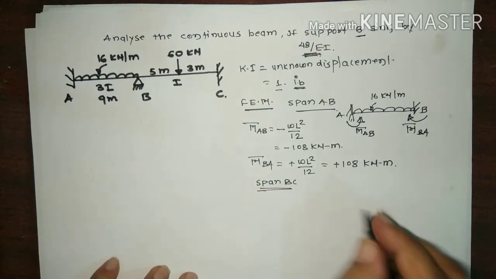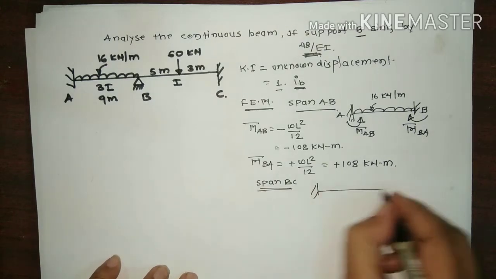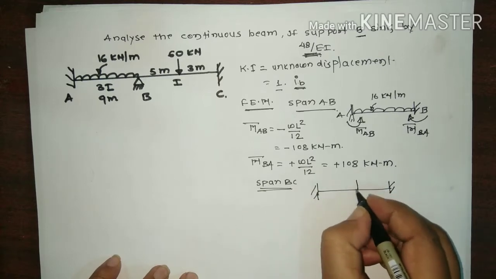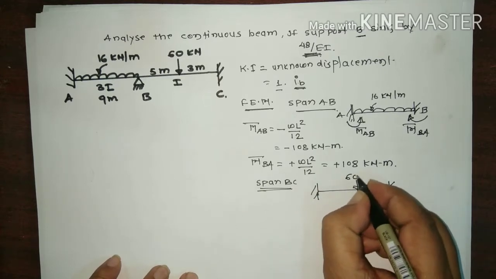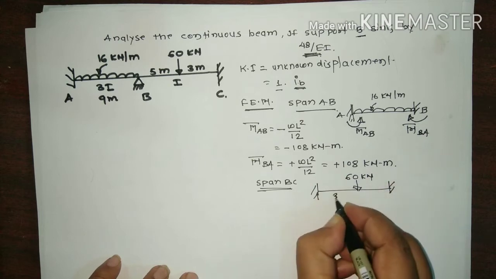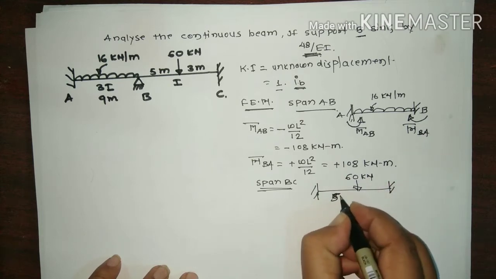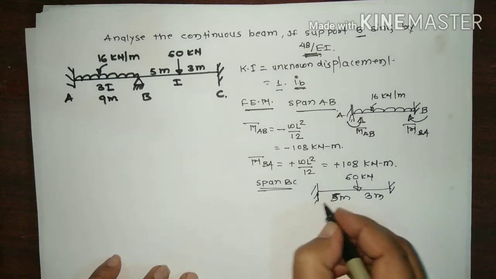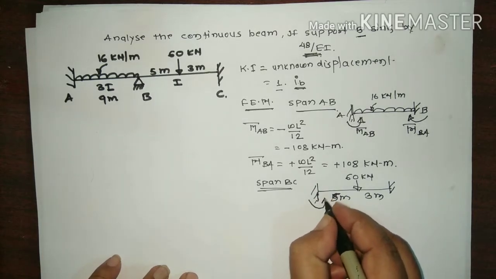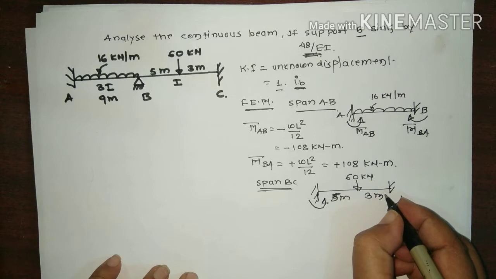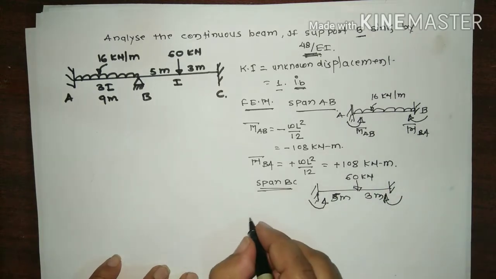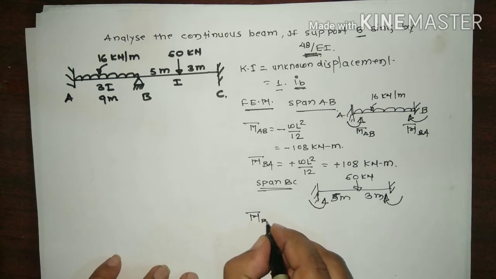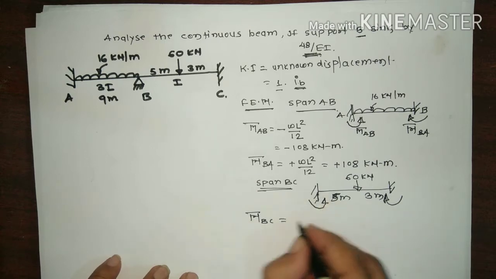As per the procedure, again clamp both the ends, so restriction of the rotation. Now this is the force, 3 meter. We know by the fixed beam that these develop fixed end moments like this, both in hogging nature, but here we are taking clockwise and anti-clockwise. So what is M bar BC? It is minus